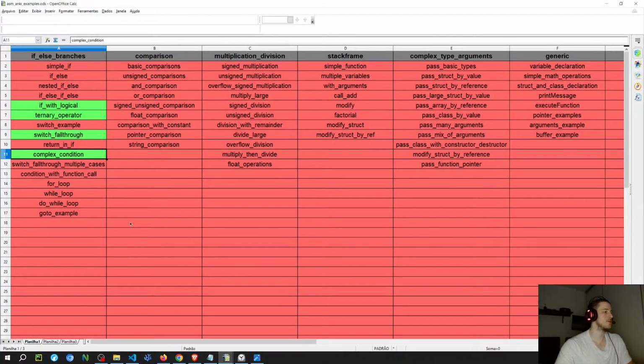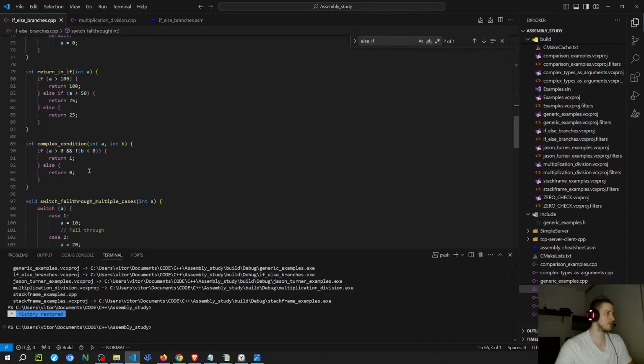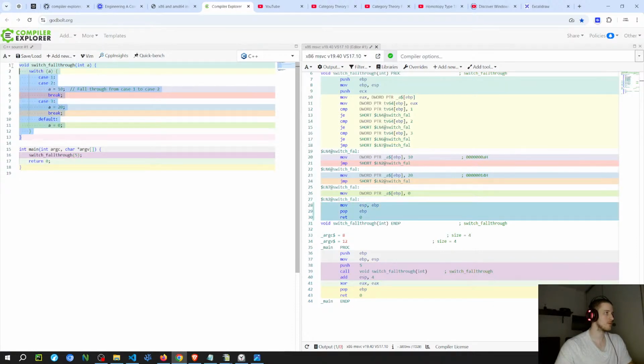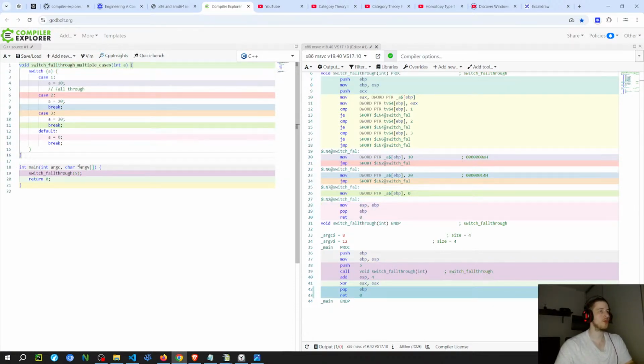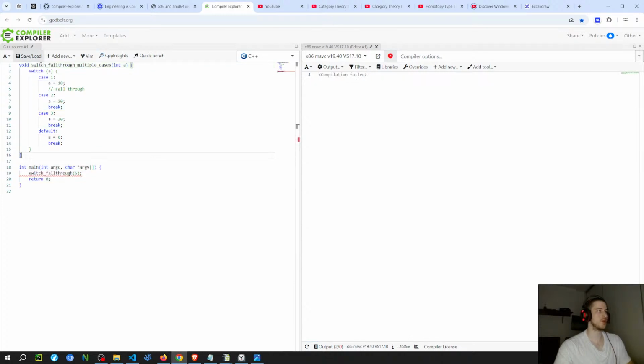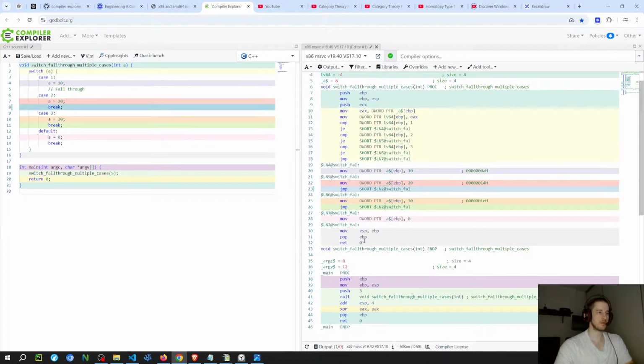I'm going to continue. I think I stopped last time on this case here. I'm going to try to go faster so I can get to the other category. So pushing 5 to the stack, I think that's one of the differences between the compilers. This one pushes through the stack, the other one uses the register.